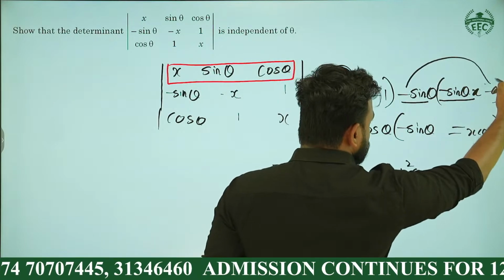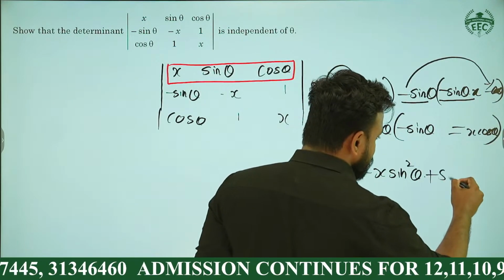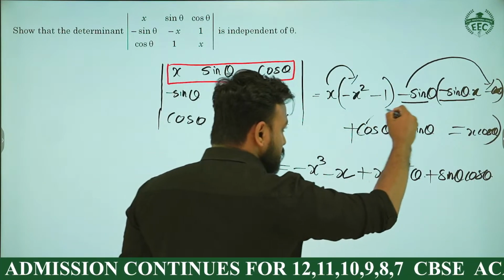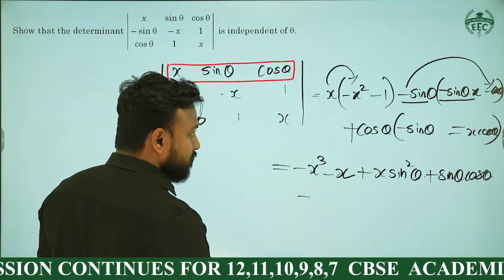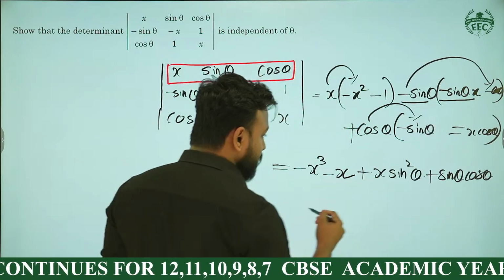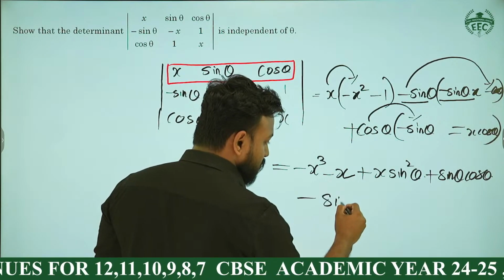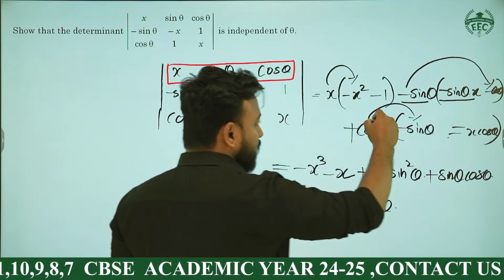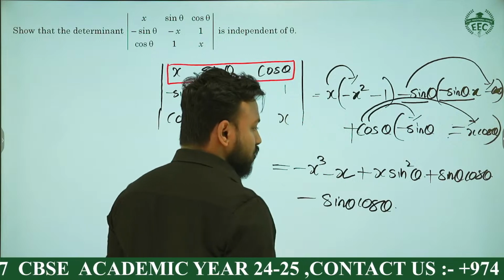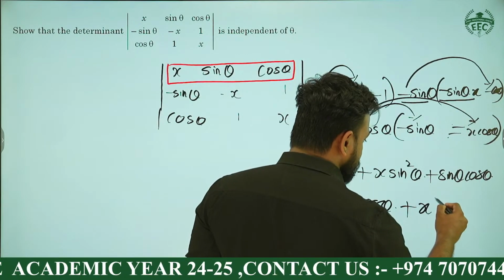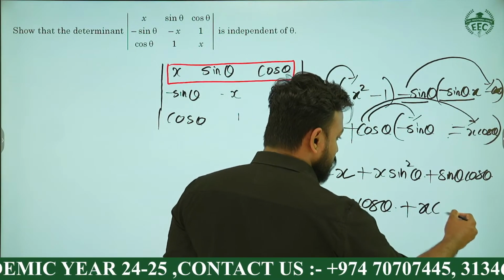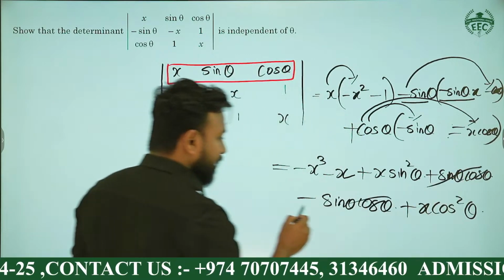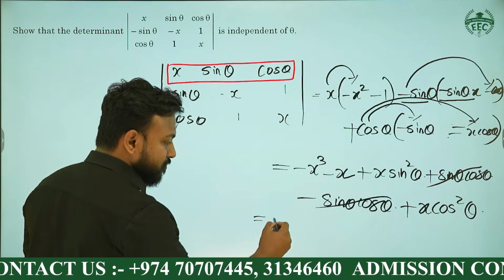Minus sine theta into minus cos theta become what? Plus sine theta into cos theta, right? Then cos theta into minus sine theta become minus sine theta cos theta. This minus and minus become positive, and positive cos theta into x cos theta become plus x cos square theta. Here you can see these two terms will be cancelled off. Then what is left is,